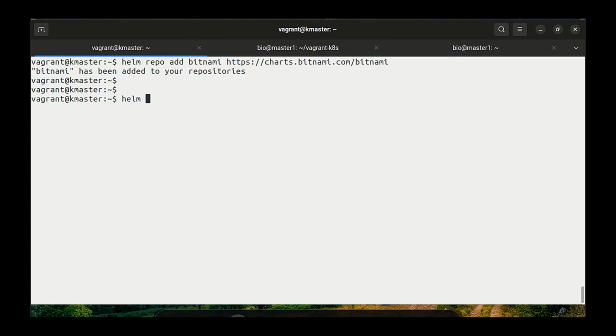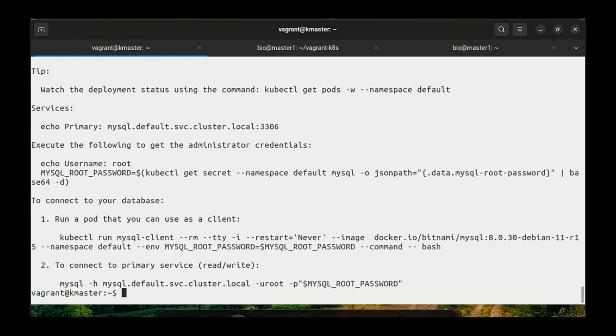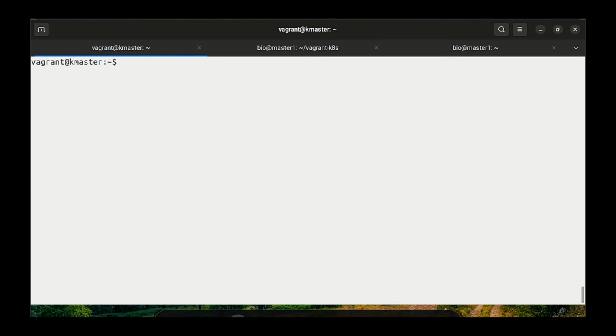Now helm install mysql, the chart name is bitnami/mysql. Now install the Bitnami chart. I'm not mentioning any storage class, so it's automatically created by the default storage class.